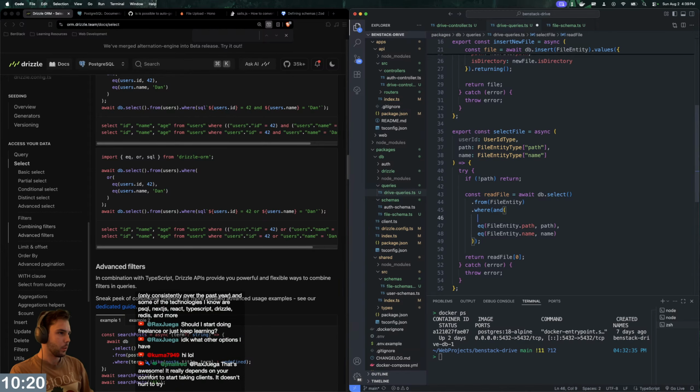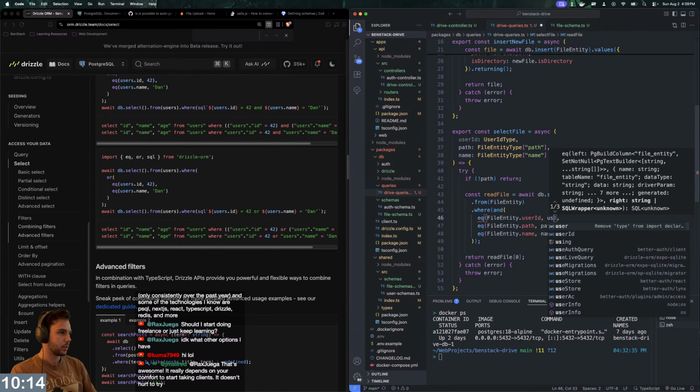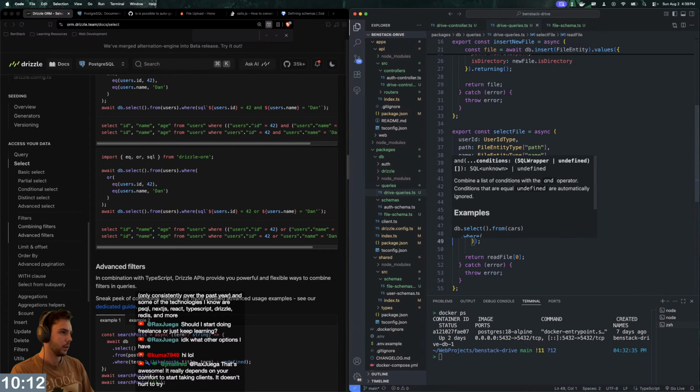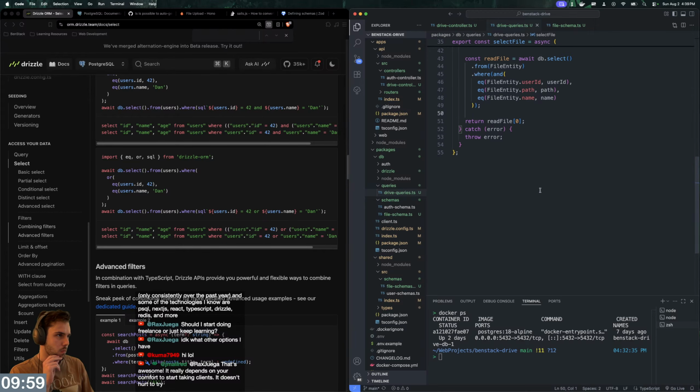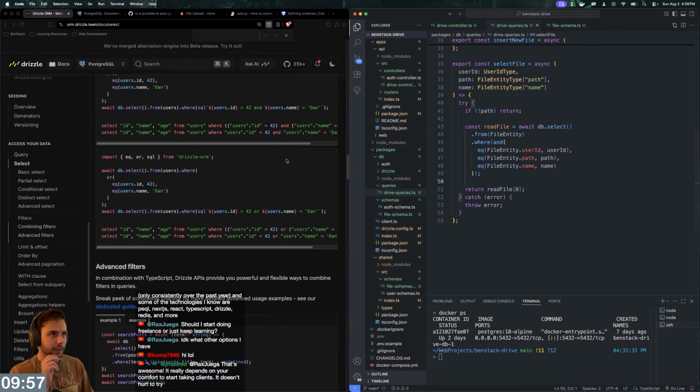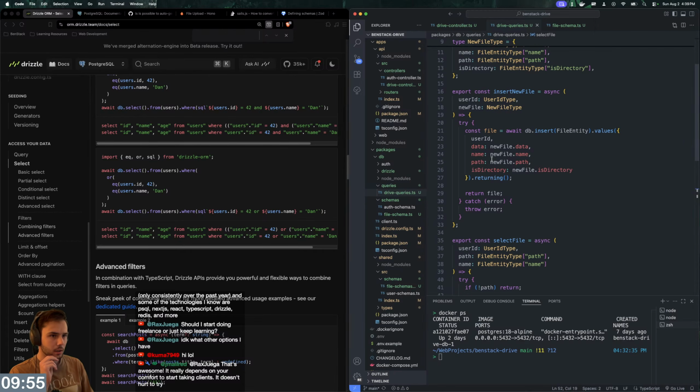Oh, we want the user ID to match as well, right? So I think that's good. So then we should be able to select a file, right? Based on that. So then we can do